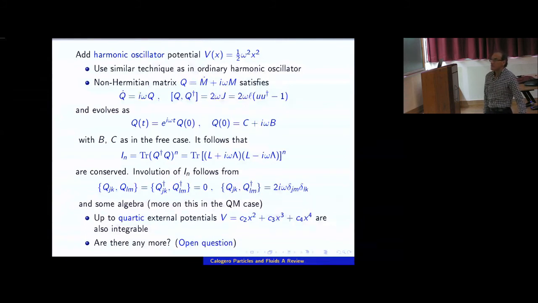And you can show, although it becomes quite a bit more complicated, that if you generalize this potential up to a quartic expression, you add M cubed and M to the fourth terms, this full system, which is like an anharmonic oscillator trap with Calogero particles in it, is still integrable. And whether these are the only integrable models for the Calogero model on the line is actually an open question.